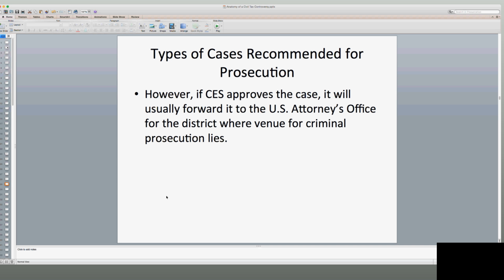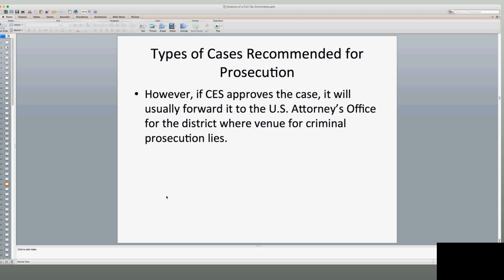The last thing they want to be told or ordered to do is to take a tax evasion or tax fraud case that lacks the sex appeal of these other cases we talked about, and which in many cases their attorneys don't have the knowledge and know-how to handle. As we know, these tax cases are complicated cases.